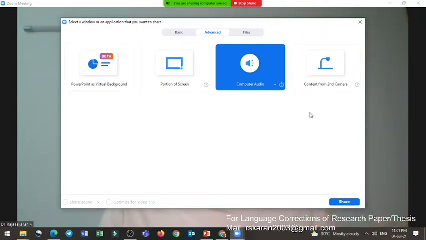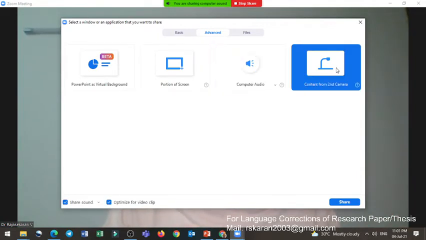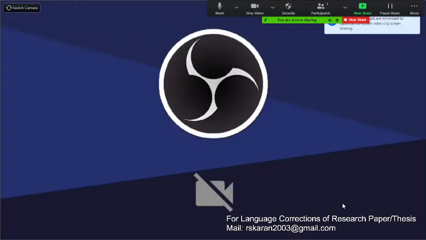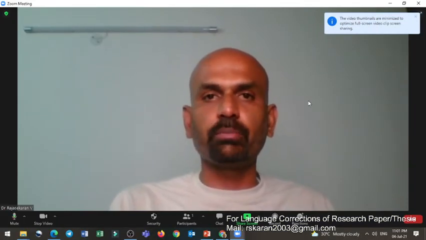And this is for a second camera, in case you want to connect and synthesize both, using two cameras. One is facing your keyboard, or if you are a math teacher, you are writing on the Mac, and you can use one camera to capture your writing, the other camera to cover your face. So if you want to show the first camera of the writing, you can show it. If you want to change the content to the second camera, if you select it, automatically you will be able to share the second camera also. But I don't have the second camera, that's why it doesn't show. But if you have a second camera, it will show you. That's a beautiful option.